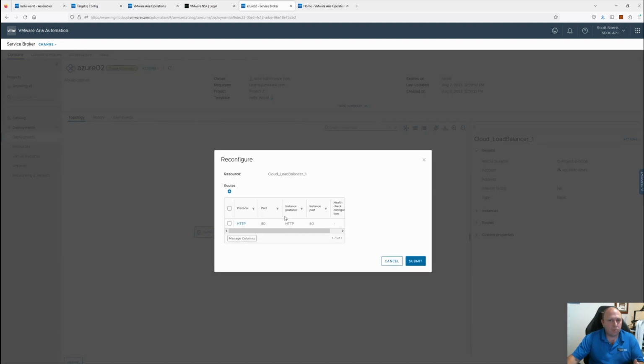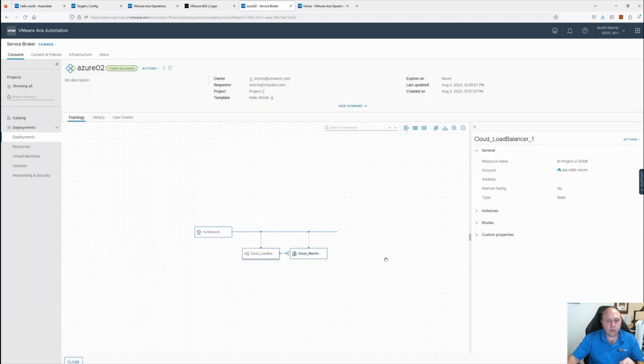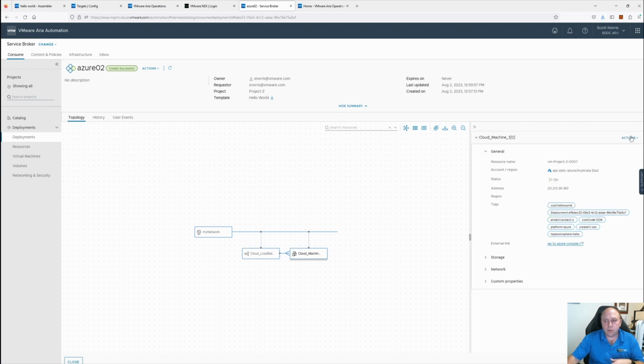I've got the same user experience when I need to reconfigure an Azure one, and obviously the same with vSphere ones with the NSX load balancers. And same with the machines, right? We can click on the machines, we can snapshot, add disk, resize, scale in, scale out, suspend, update tags. So it gives us the same consistent capability across all the resources, across all the cloud endpoints, which really brings in that standardization around how to operate, around the policies, around the consumption of it,